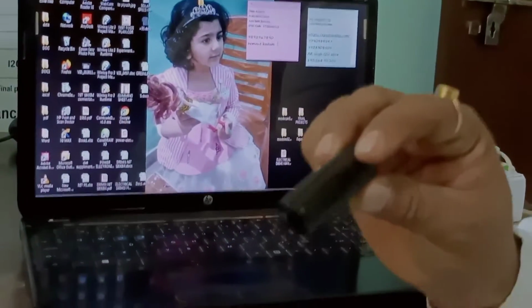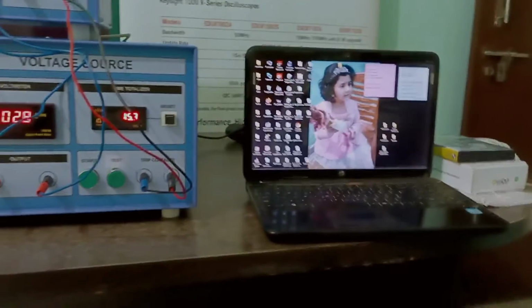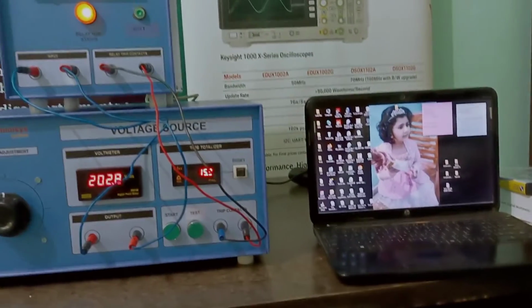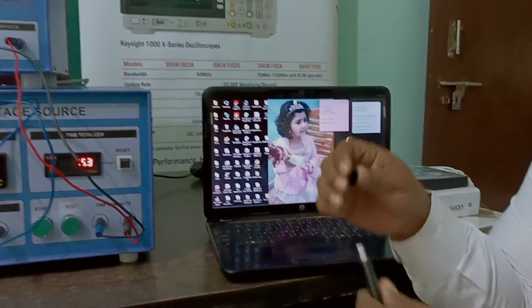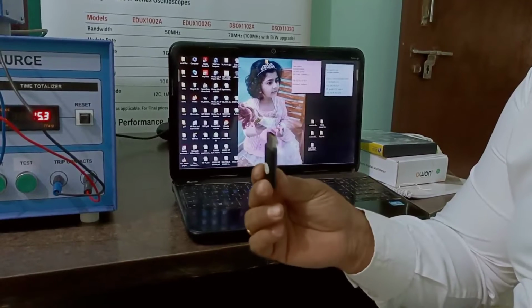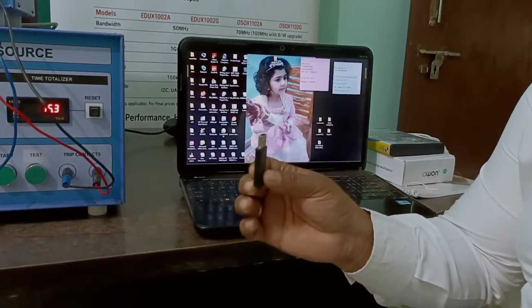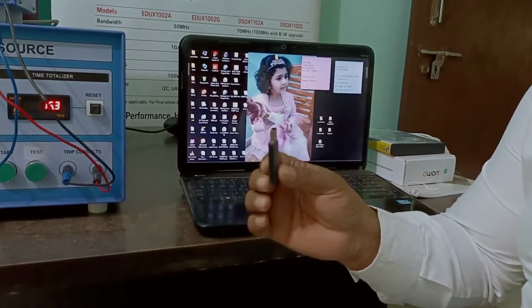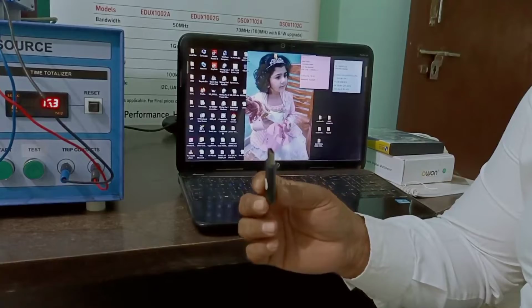Here is your USB dongle license. It is very essential. This USB license key is irreplaceable, so you are requested not to lose it. It is very crucial and it will attract a cost if you want it again.